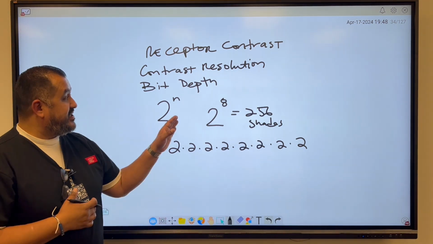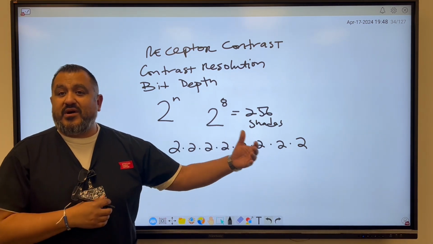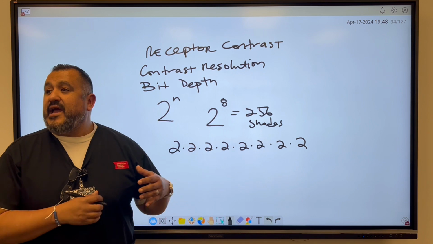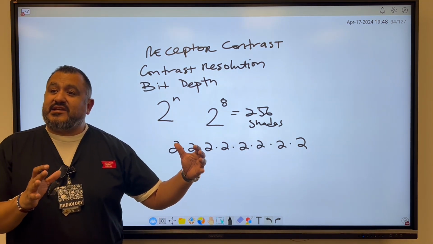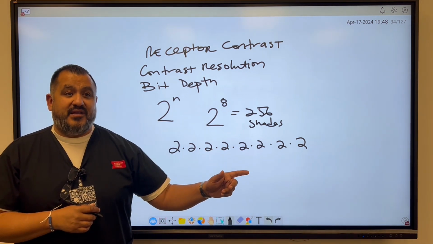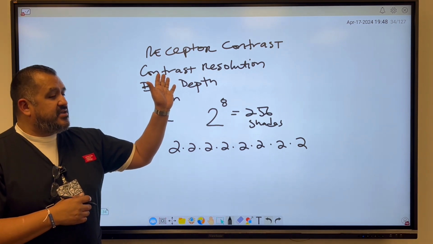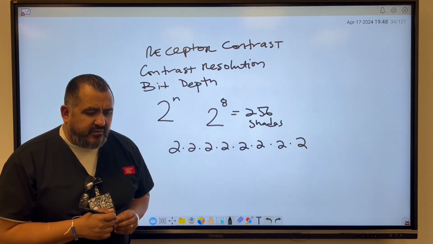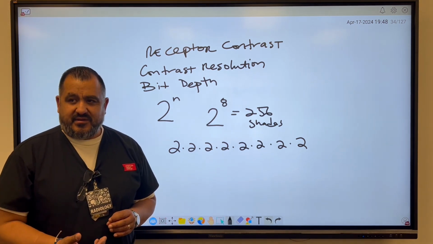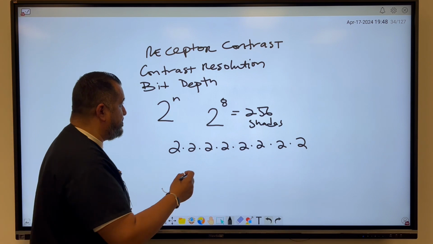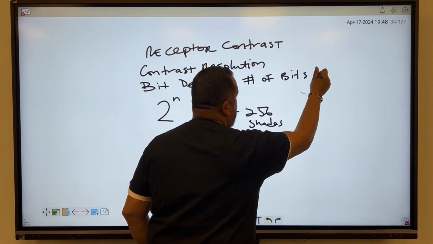All right, so this is usually going to be where it starts off at. And it can go all the way up, you guys, as high as it wants to, 16, 32. And the more bit depth, you're going to see more grays. More grays is going to give you more visualization of the object. So this is what contrast resolution is, and that's what receptor contrast is. So the bit depth, the number of tone values that can be fixed in an area, is known as quantization. All right, so the number of bits per pixel, I'm going to put that down. The number of bits per pixel